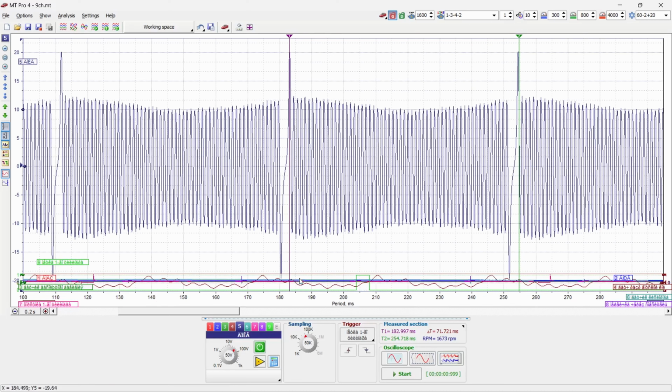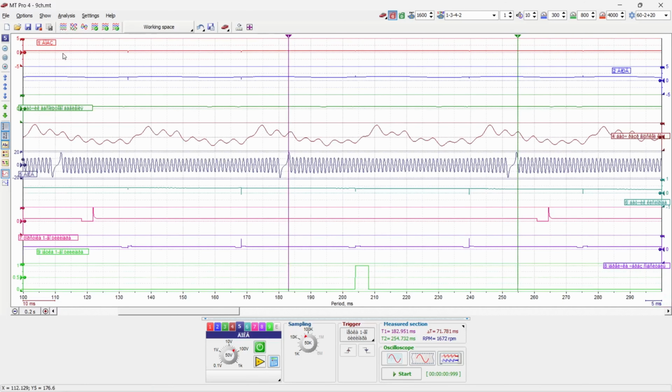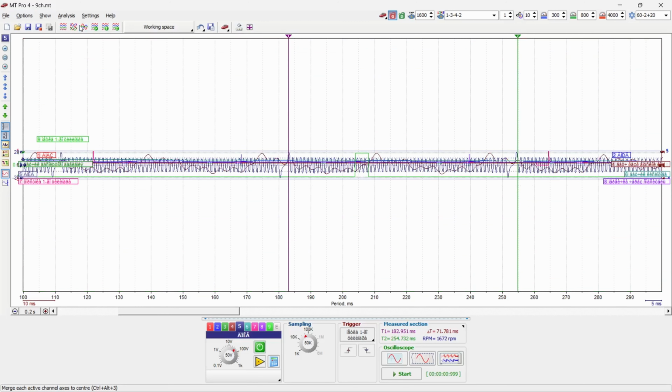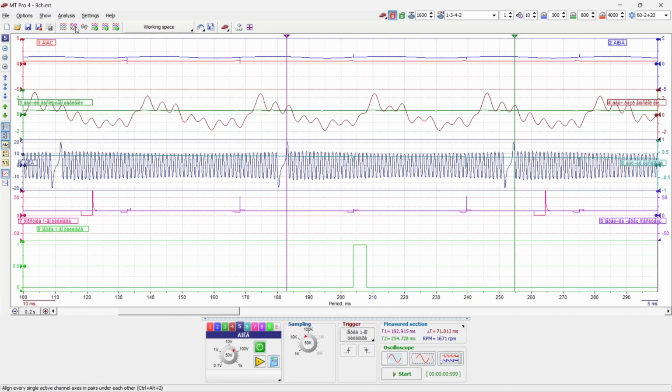So they're all, you can't see anything, right? Let's go like that. Click this button here, puts them all back to where we can see them all within reason. And if we wanted to make it really confusing, we could do that. And that gives us all of them in a collapsed view like that. And we can go here, and then it pairs them up. So channels 1 and 2 are on the top, 3 and 4, 5 and 6, 7 and 8, and 9's